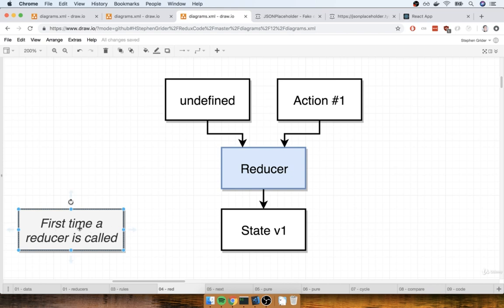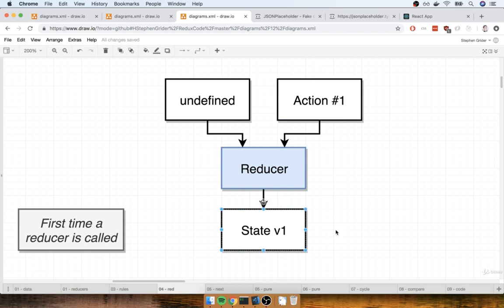The first time your reducer gets called during that initialization process, it's going to receive two arguments. The first argument is going to have a value of undefined. And then the second argument will be some action object that we might refer to as action number 1, because it is the first action that the reducer is going to see.